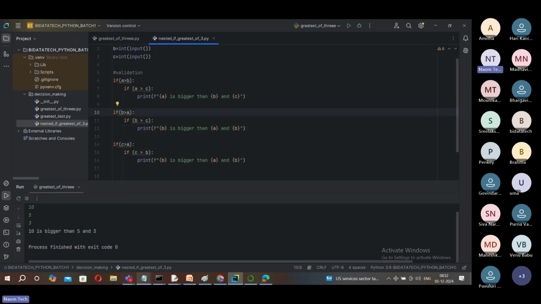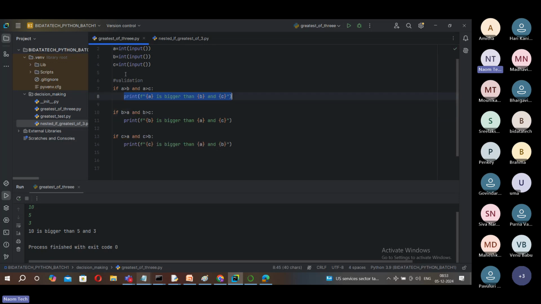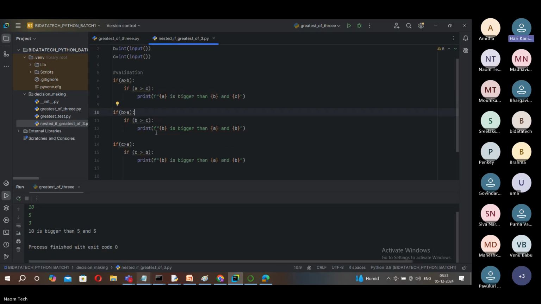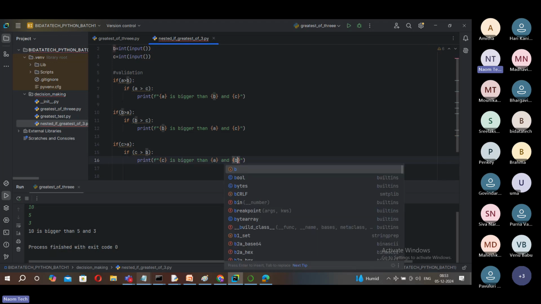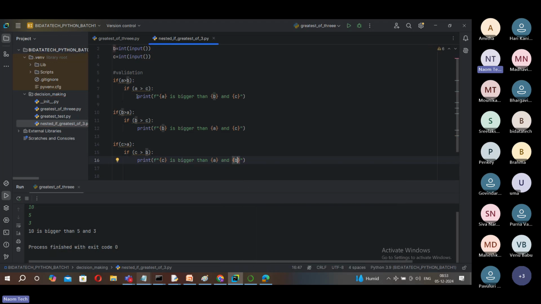Correct, right? This is nested if. So we are rewriting that with the nested approach. If it is multiple if, we can create it like this. Yeah, so I'm telling you about the printf in the second line, second condition. B is greater than A and C. Thank you. Now here C is bigger than A and B. So that's all, friends. This is how we should rewrite our program with nested if, same validations, greatest of three